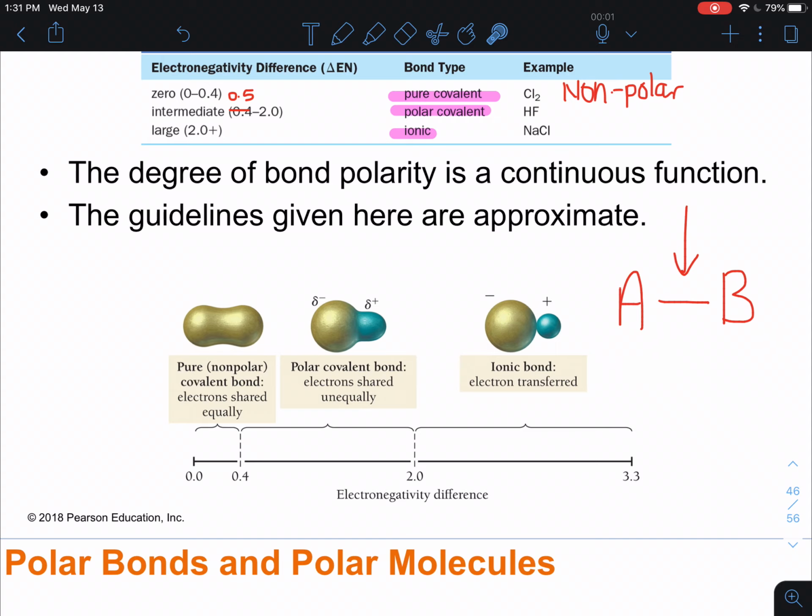So if it's anywhere between 0.5 and 2.0, then we can consider this bond a polar covalent bond. Anything less than 0.5 is considered a non-polar covalent bond, so there's an equal sharing of electron density. And anything above 2.0, the electronegativity difference between A and B is so great that this actually isn't a covalent bond. It's going to be an ionic bond because the electron is transferred from the least electronegative atom to the more